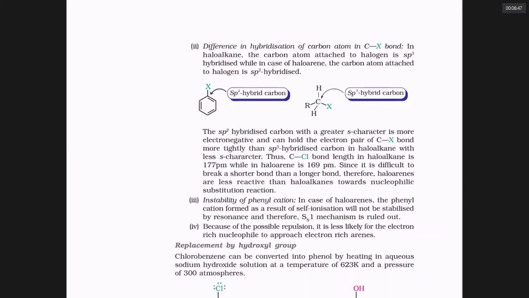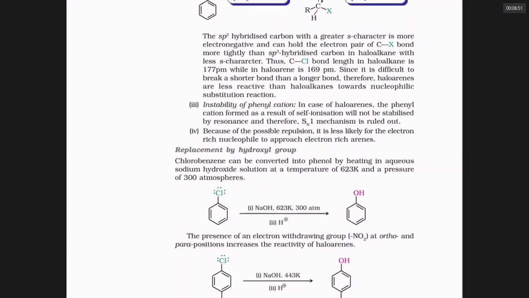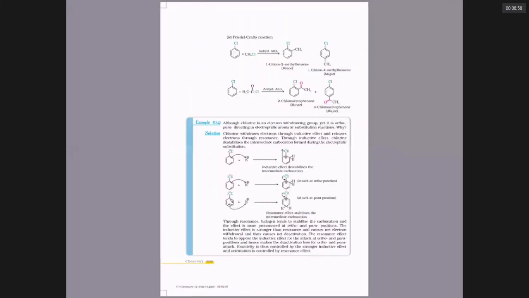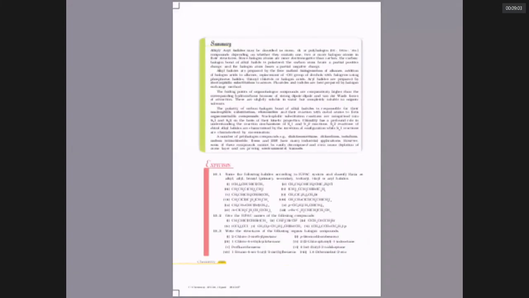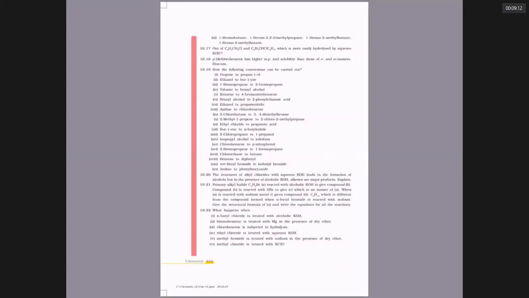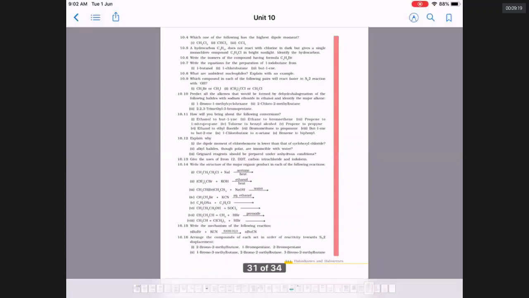So they gave 4 reasons. I want you to read them. Okay, sir? Tomorrow we are going to look at some reactions of chlorobenzene, and tomorrow we will be completing the textbook part of the lesson. After tomorrow, that is Thursday and Friday, we will be doing only exercises. Tomorrow we are going to complete this chapter. We will be devoting a lot of time to doing exercises. You have to read the lesson thoroughly. Okay, sir? Now I am closing the class. I have the next class. Thank you very much.